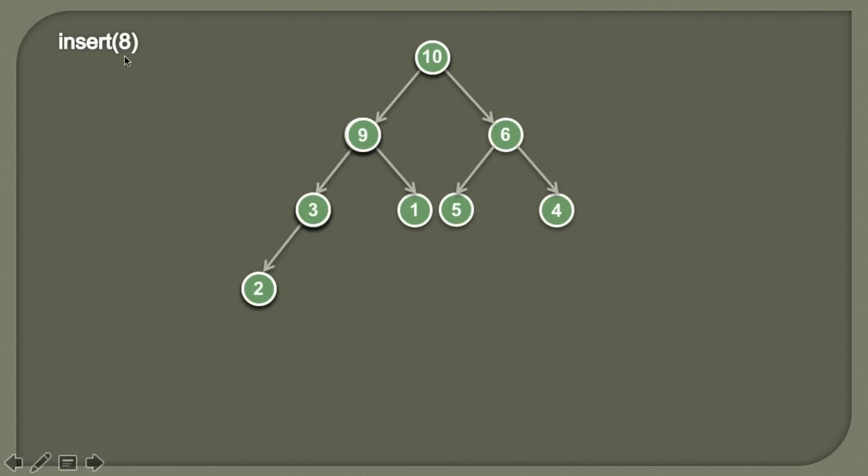Now friends, let's suppose we want to insert a value as 8. As it is a complete binary tree, the new value will be inserted to the right of 3. So we simply insert 8 to the right of 3. After we insert this value 8, we compare it with its parent. And here we see that 3 is less than 8. Therefore the heap order property is not being satisfied.